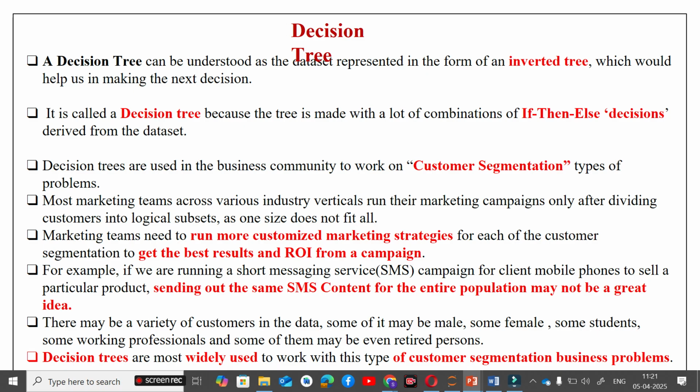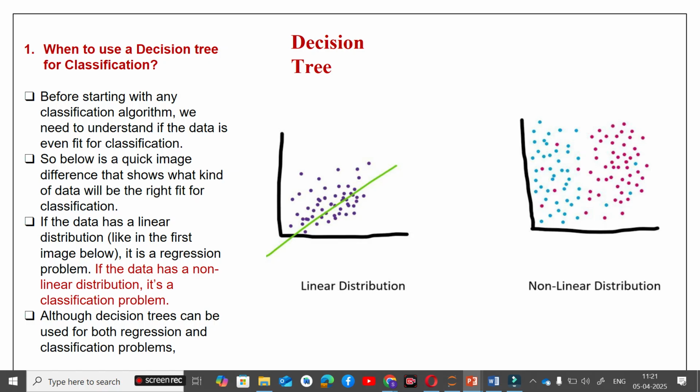k-means, that is more of a clustering, right? Otherwise, if your data is labeled enough, if data has some target value, in that case you go with this decision tree, because the data is labeled enough. And the beauty of this decision tree is it can handle both numerical data as well as categorical data. So this is the beauty of this decision tree. Okay, one of the features I would say for this decision tree is obviously it is used for